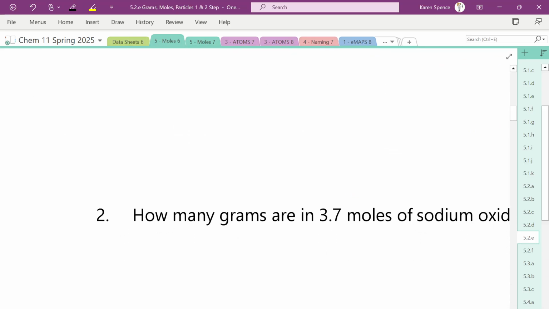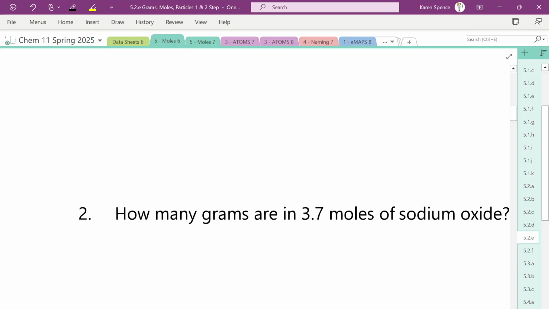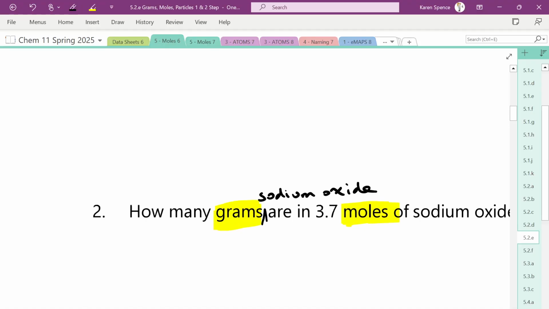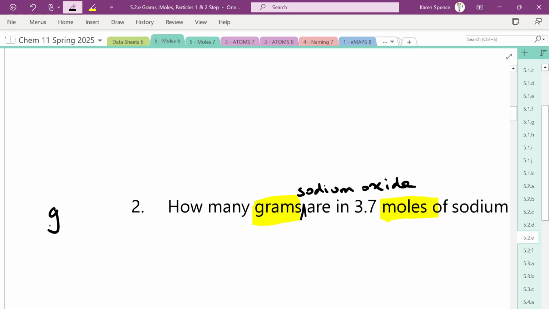Number 2, how many grams are in 3.7 moles of sodium oxide? Because it doesn't mention another chemical, you have to assume that this is sodium oxide. We are converting between moles and grams. What do we use to convert between grams and moles? Molar mass. So in order to do molar mass, what do we need to do with sodium oxide? We would need to write